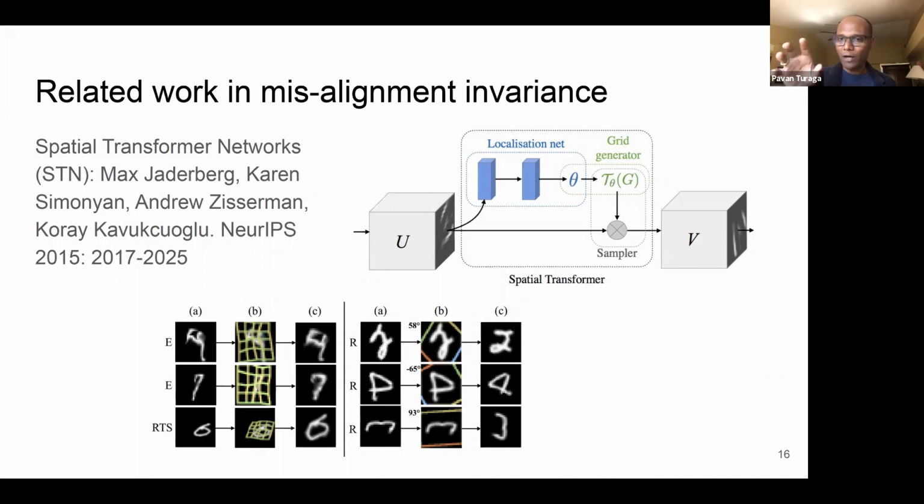Their idea was, let's drop in a module, called a spatial transformer, which basically does alignment internal to the network, but in a way that a template is not specified. It sort of guesses at an alignment such that the end goal of classification is maximized. And then you let the whole network run end to end, let this alignment network learn whatever alignment it learns. But the goal is not perfect alignment. The goal is to maximize the end task, which in this case is classification. Learn whatever alignment you want to learn. I don't care. There is no template provided, and then maximize the classification accuracy.